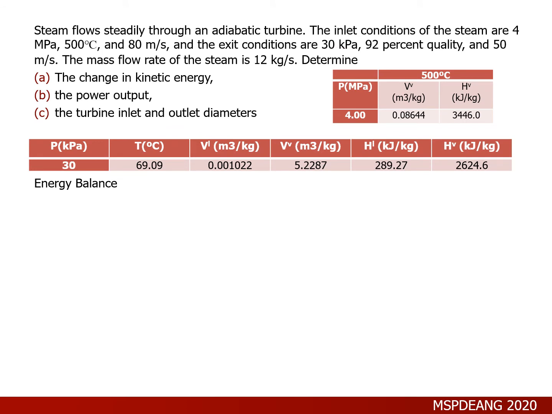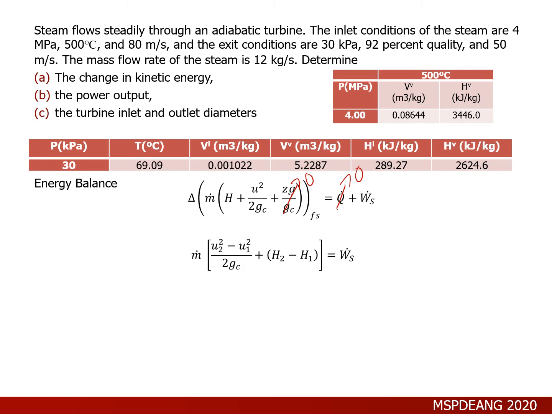Next, to calculate the power output, let's proceed to the actual energy balance equation. So for the energy balance equation, again, for a steady state open system problem, delta m dot (h plus u squared over 2gc plus gz) of the flow stream is equal to Q plus W. Now, let's assume first that potential energy is negligible, so this will be equal to 0. And there is an adiabatic turbine, thus Q dot is 0. Now, for calculation purposes, let's not assume yet that the kinetic energy is negligible. So this will reduce to m dot times (u2 squared minus u1 squared over 2gc plus h2 minus h1)